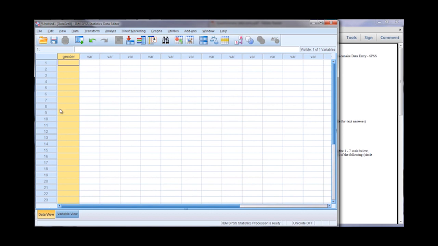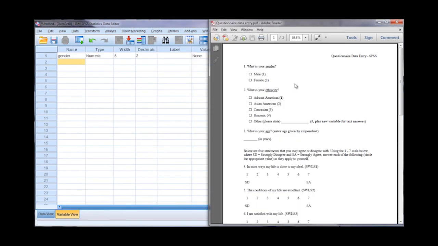So I wouldn't want to enter male, female, and so forth. I want to enter ones, twos, and so on. I arbitrarily decided males get a 1 and females get a 2. It could have been the other way around, but since male was the first name listed, I gave that a 1, and for females, 2.